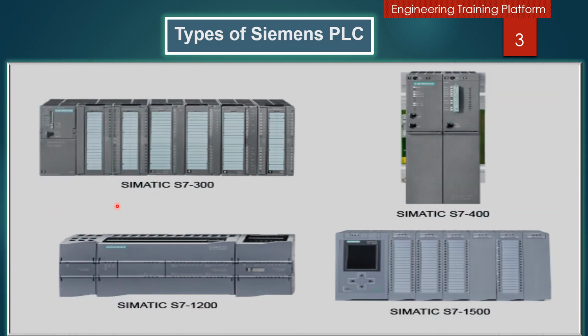You can see the model numbers with their pictures. I hope it will be understood and easy to clarify. This is the Simatic S7-300 model, this is the Simatic S7-400, and this is the Simatic S7-1200 PLC of the compact type. In the center is the CPU. On your right are the signal modules, and on your left are the communication modules. The S7-1500 is advanced technology with advanced features and configuration.